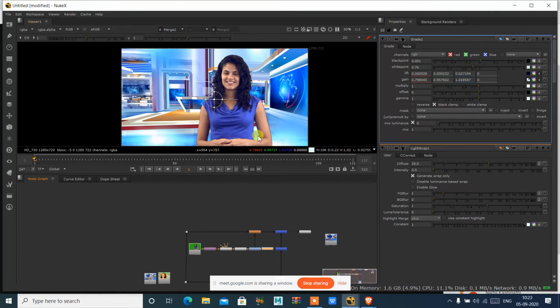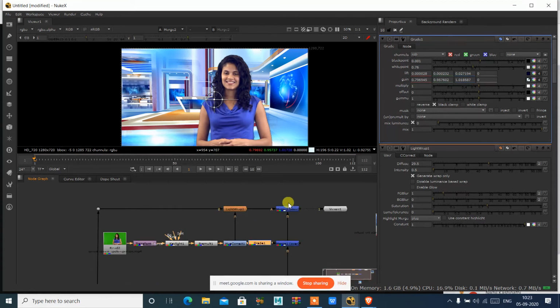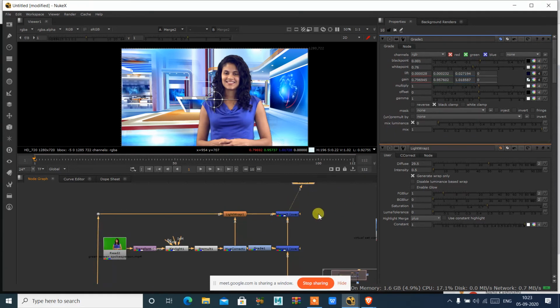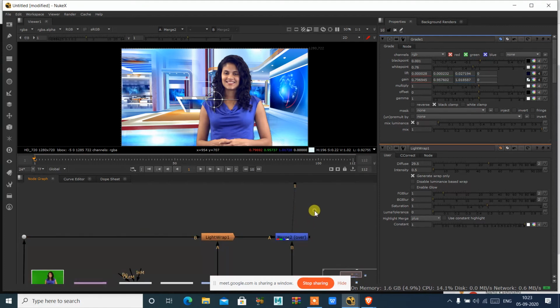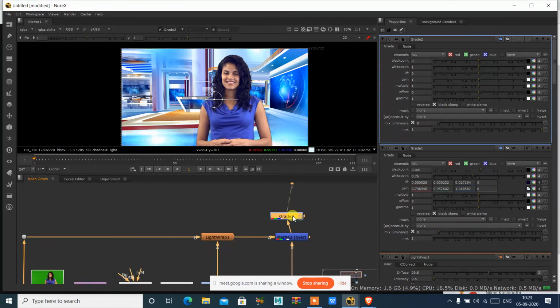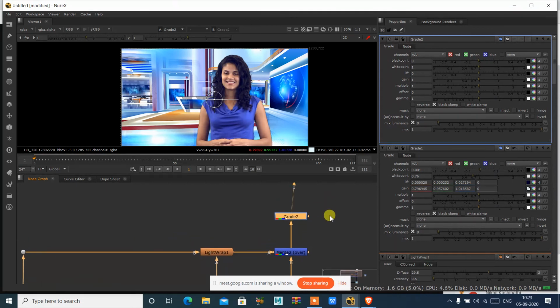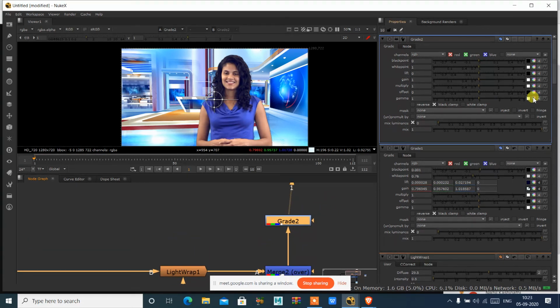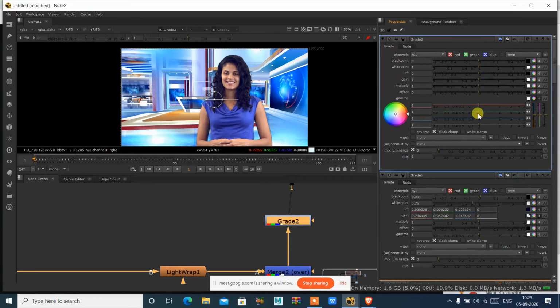Once you have done this, now we have to add overall grading for this. Again, on top of this, you just press G. This is for adding the overall grade to the scene. Now double click on this grade and click on this gamma. Gamma is for adjusting the midtones of the image. If I adjust it over here, you can see that we are adding an overall blue tone to this, or however much tone has to be added. Red, green and blue color you can adjust to match now, however much you want to adjust it over here.